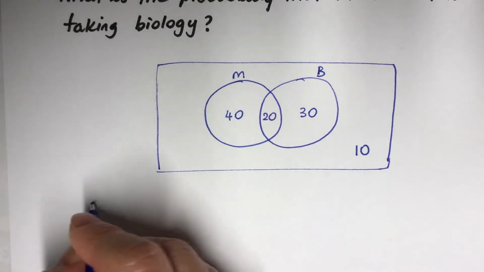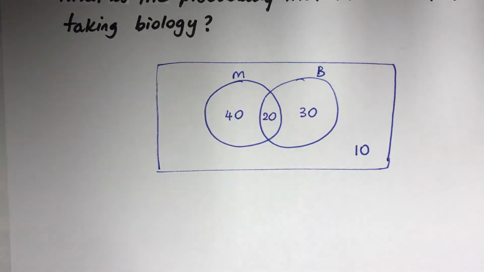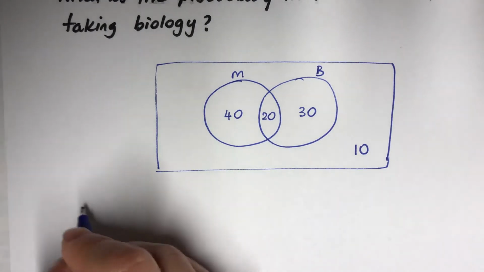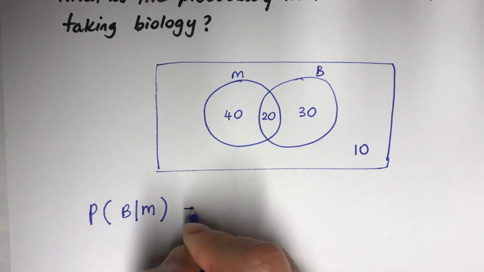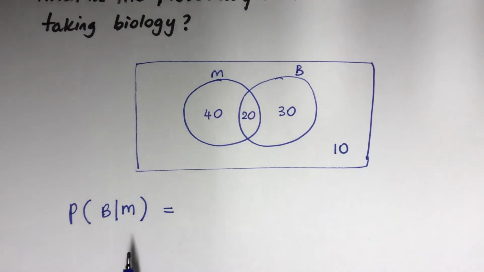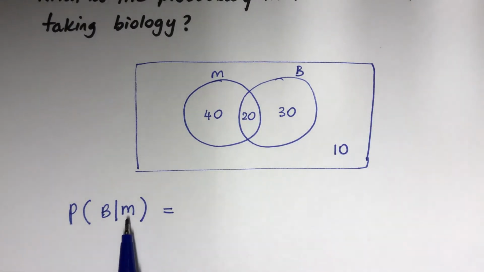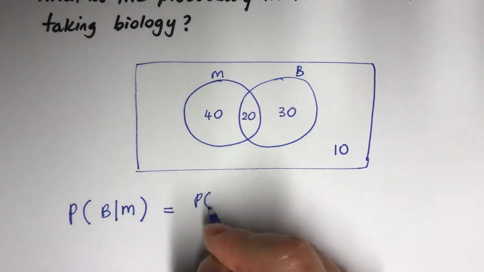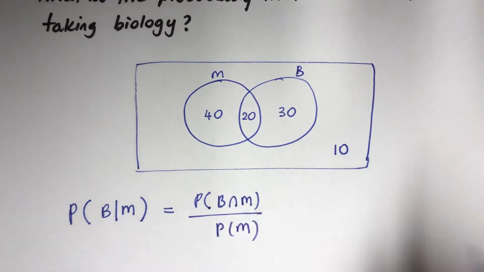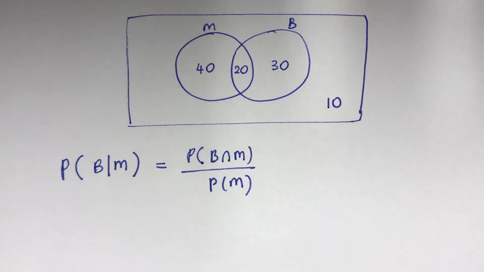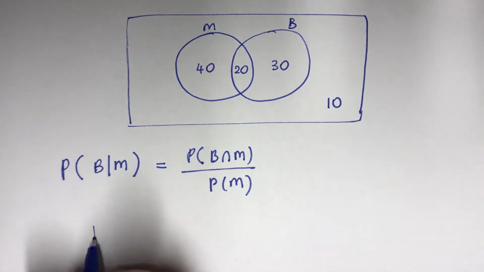Now, I read the question. I know what the question is asking me to do. We are looking for this. So, what does it mean? It's a conditional probability. So, maths is already taken, and what is the probability that person is also taking biology? So, that's conditional probability. That's my formula. So, now I need to think about how I'm going to write the solution on this. I need to find the probability of,